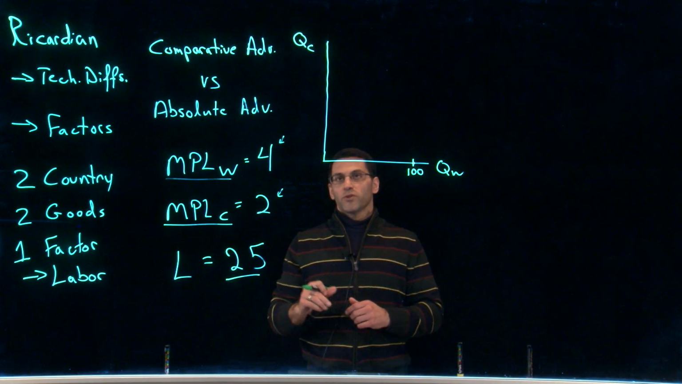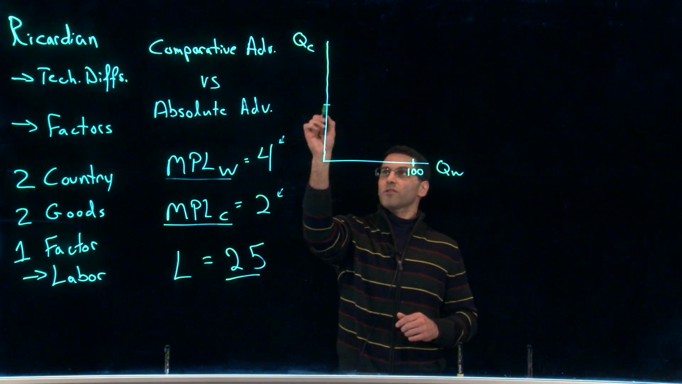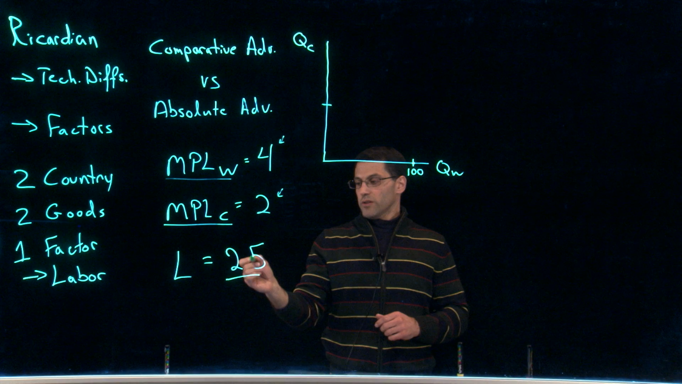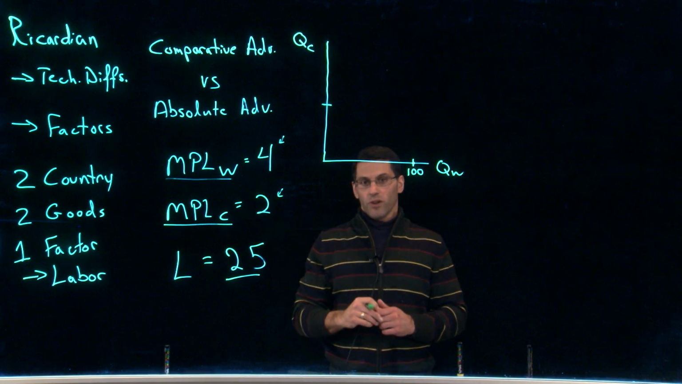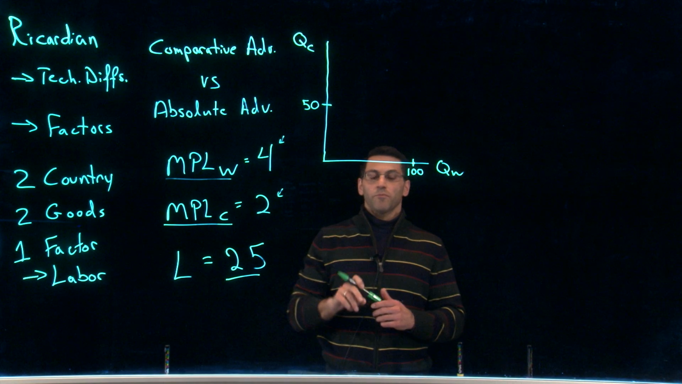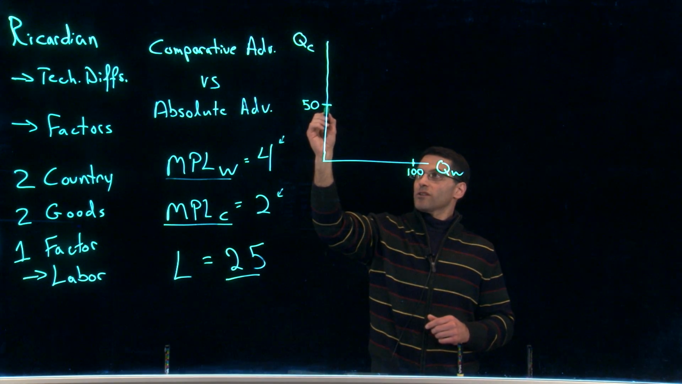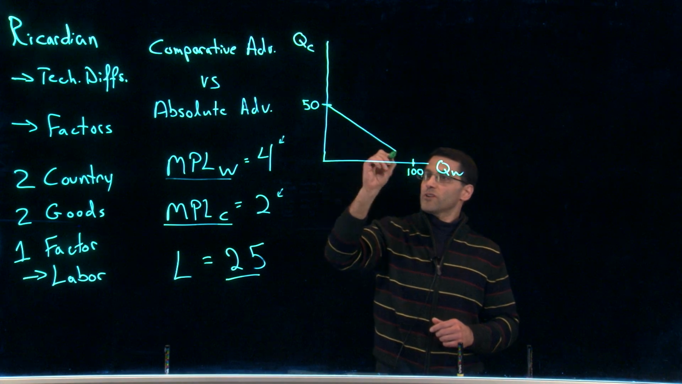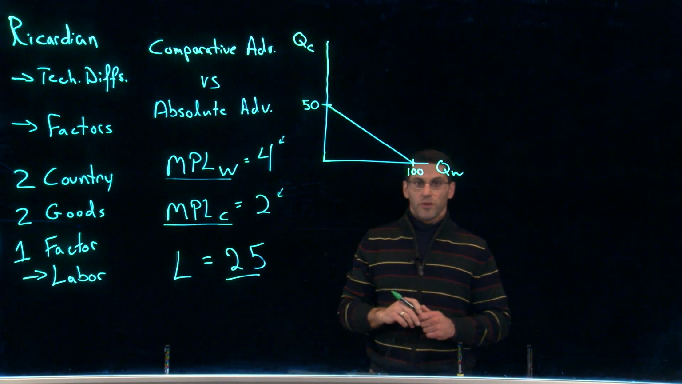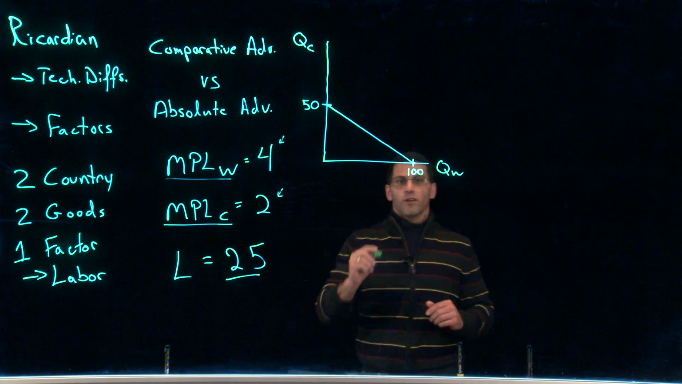On the other hand, what if you took all 25 of those workers and you put them into producing cloth? Well, each worker can produce 2 yards of cloth. 2 times 25 gives us 50. And if we just draw a straight line between those two, that gives us the PPF. Now, why is that a straight line? Okay, start down here